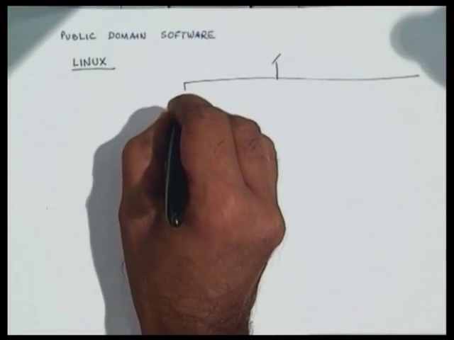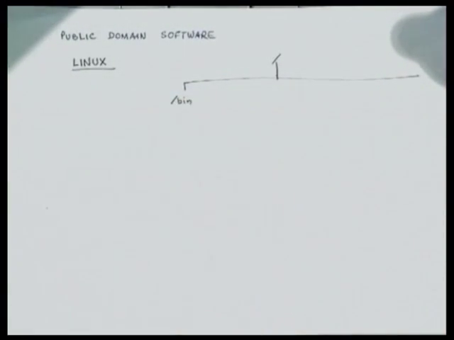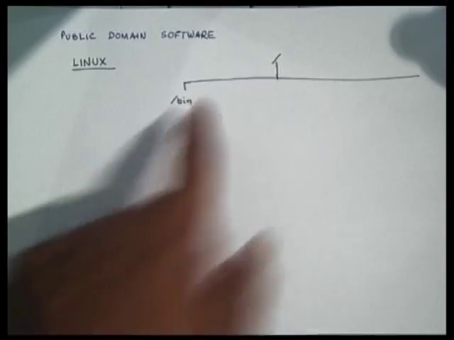Okay, so now the first part traditionally was called bin. This is where all the binary programs which are associated with the operating system go. In order to run the operating system, there are various binary programs which have to be run. For example, the one which makes sense of the file system, the one which keeps track of the time sharing between users, scheduling, etc. All these are programs which are part of the operating system, and all these programs go into this directory called